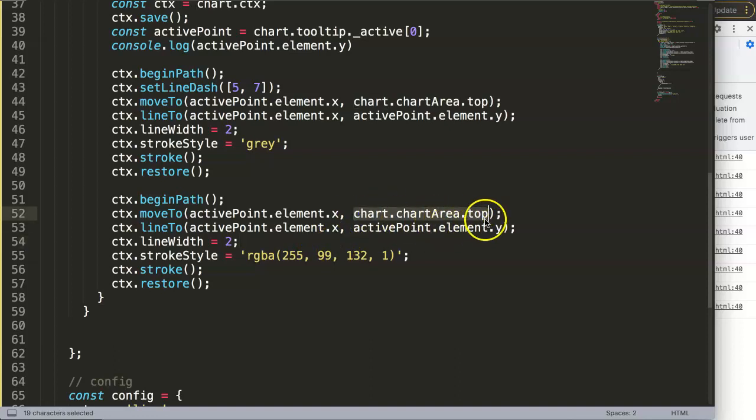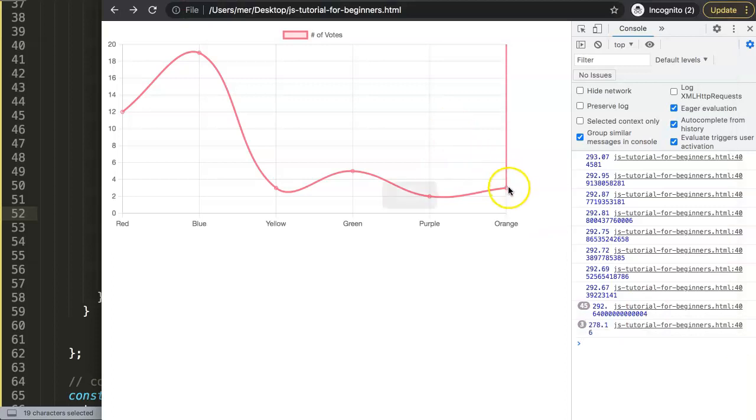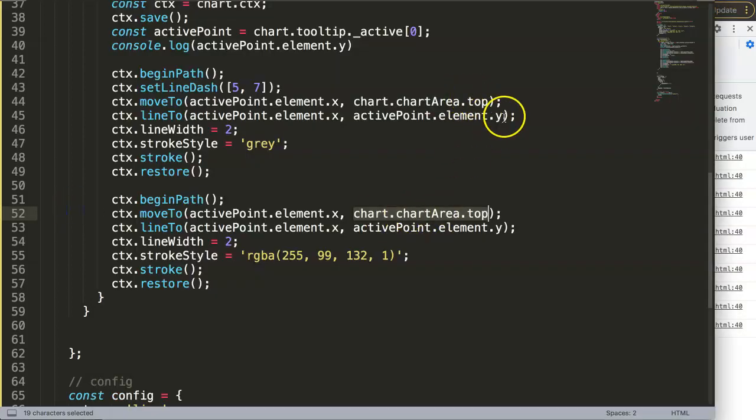Right now we have the starting point at the top. But now we want the starting point here. So what is the starting point here? Basically this value here, the active point element. Just going to put it in here. And this one here, I'm going to give it